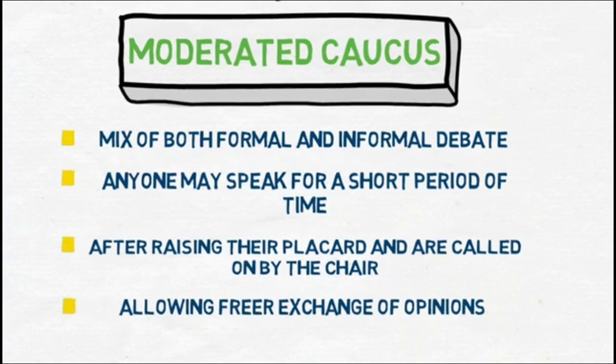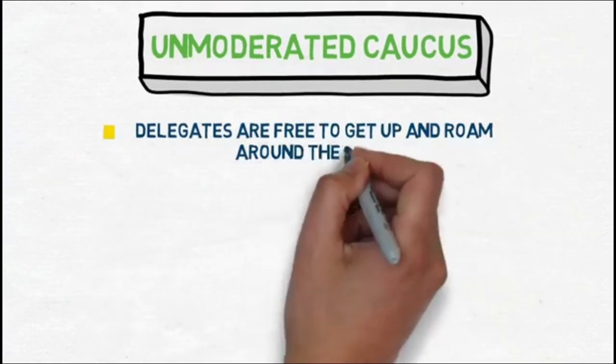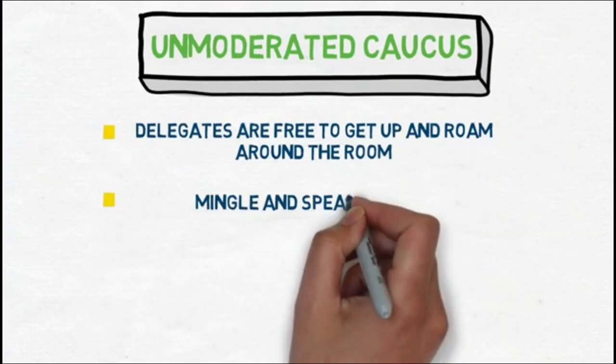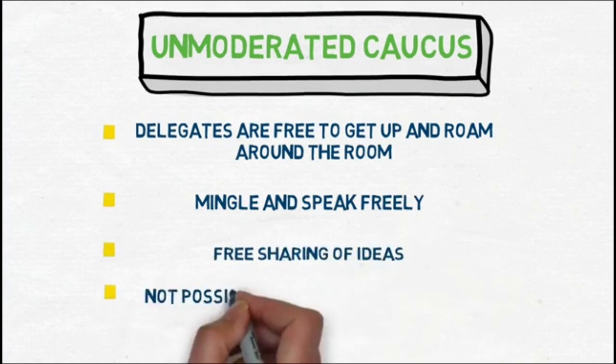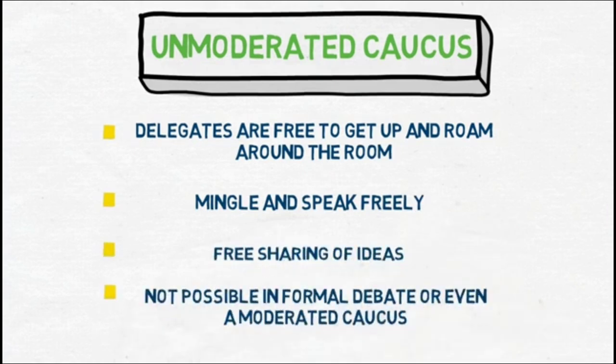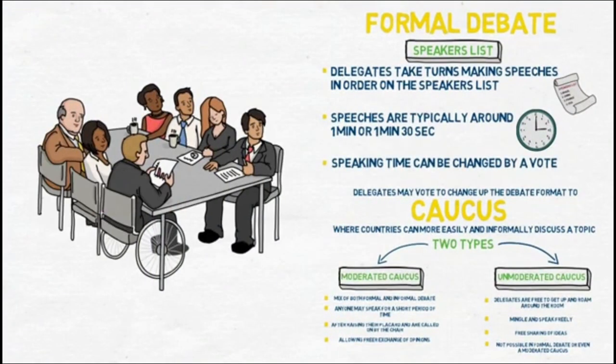The second type of caucus is an unmoderated caucus, when delegates are free to get up and roam around the room to mingle and speak freely. This enables the free sharing of ideas to an extent not possible in formal debate or even a moderated caucus. The session will switch between formal debate, moderated caucus, and unmoderated caucus until draft resolutions are complete, merged,